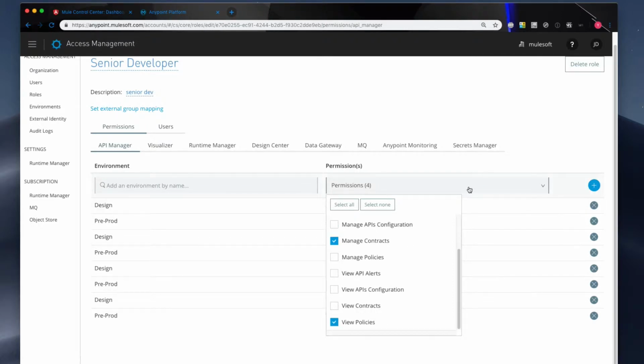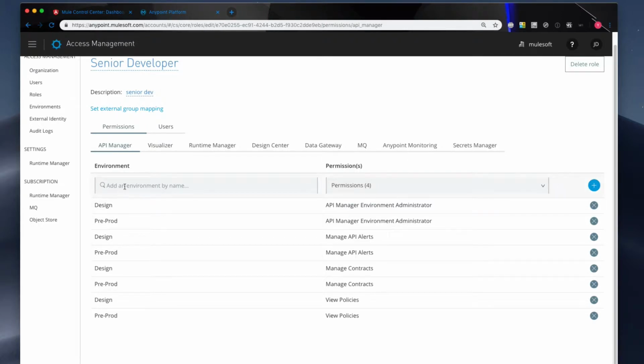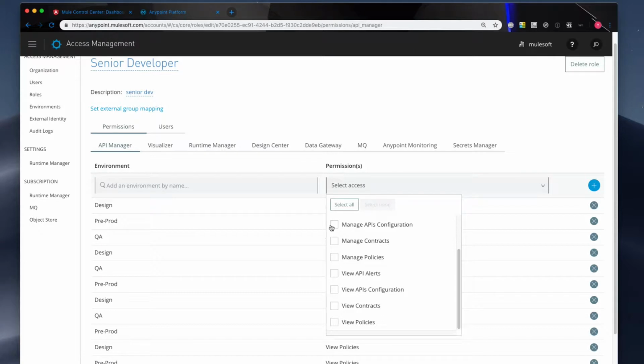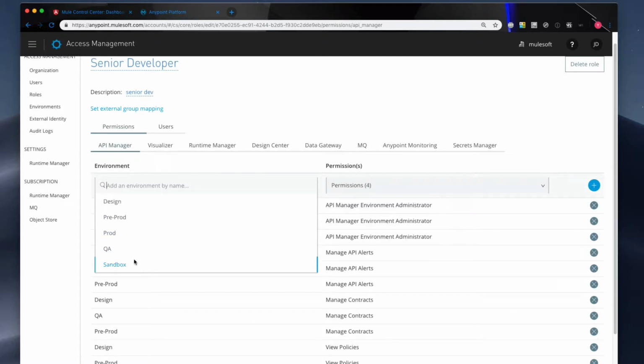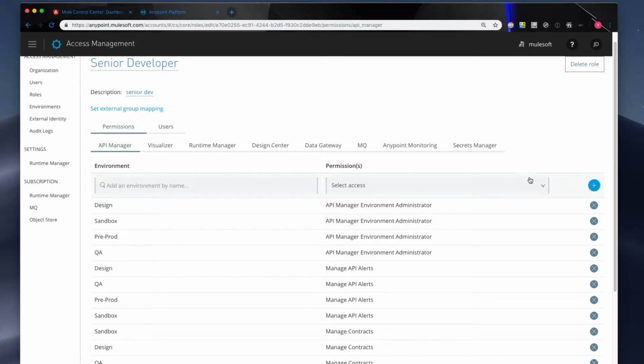Now that's a problem with doing this kind of operation where you have to repeat the same thing over and over and over. It really guarantees that human mistakes will happen. It's very, very error prone. QA, sandbox. So not only did I have a lot more work defining those permissions through a process that is very error